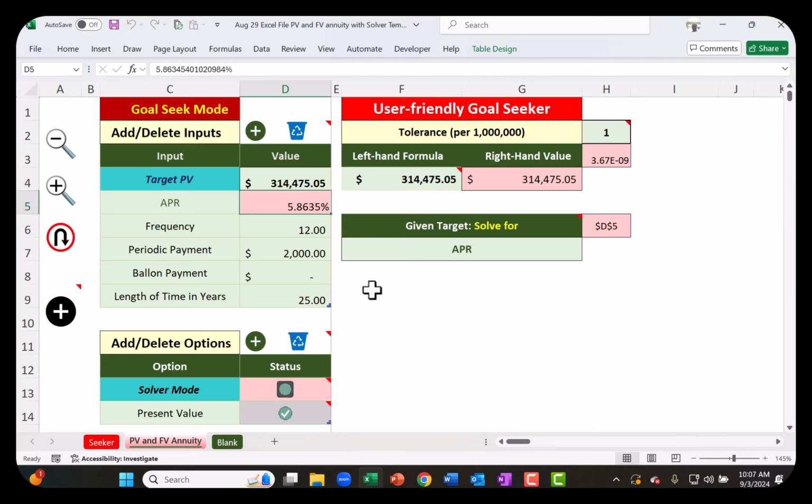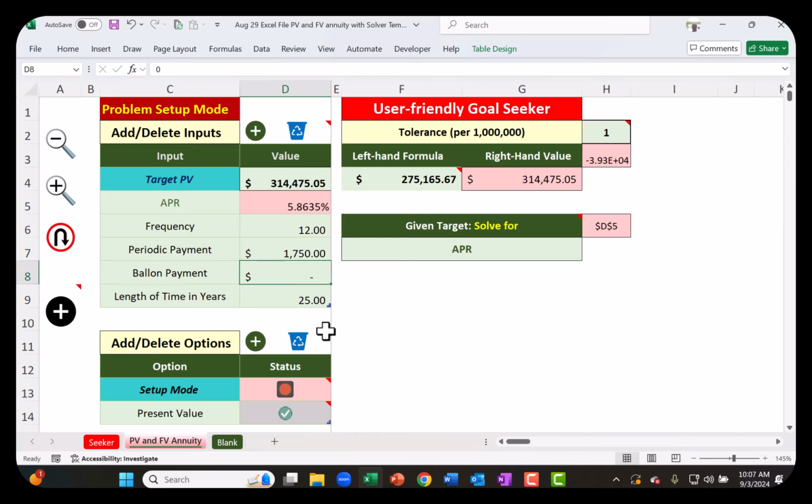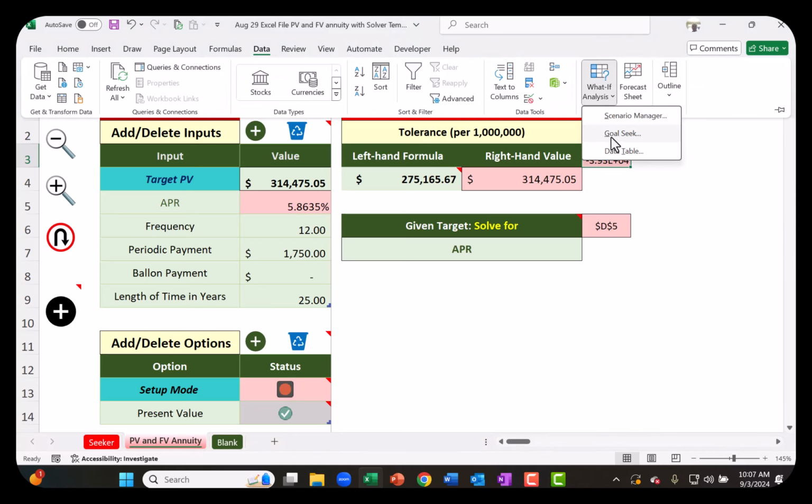This is just a fancy way of doing Goal Seek. If you didn't want to do anything, you know, go back to setup mode. Suppose I wanted, I could live with 1750. This thing is the difference between the two. I want to make that data, What-If Analysis, Goal Seek,